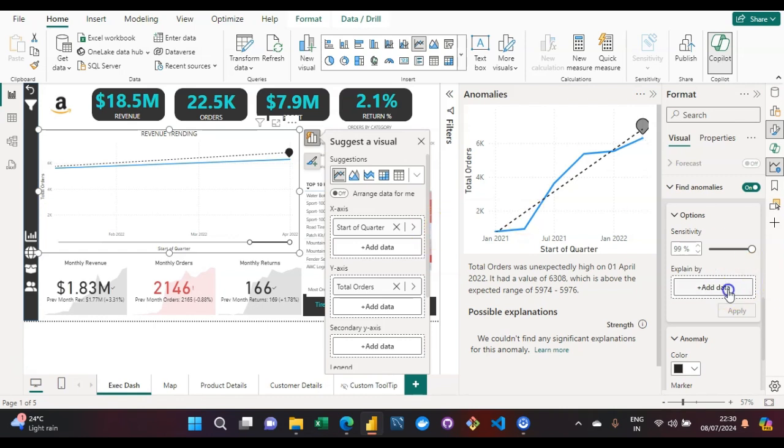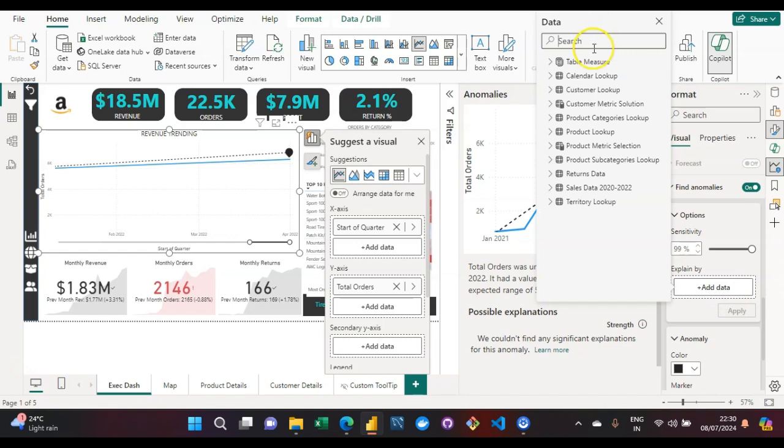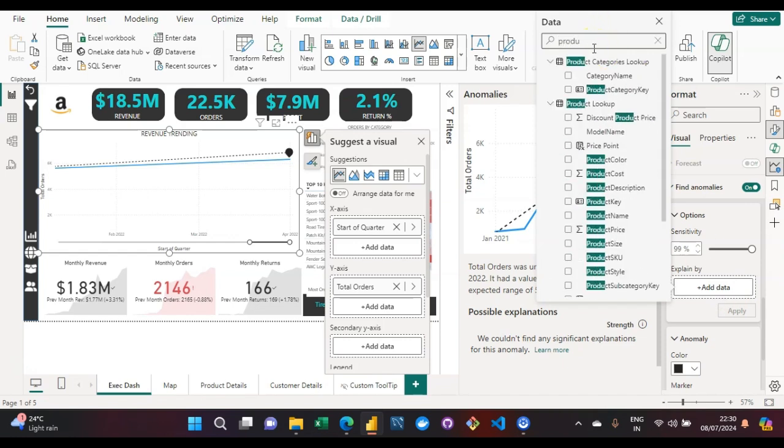So one thing I can do over here, let me add the data with respect to product subcategory. Let us add it and let us see what AI can show us. As per the product subcategory, what can be the potential reason.